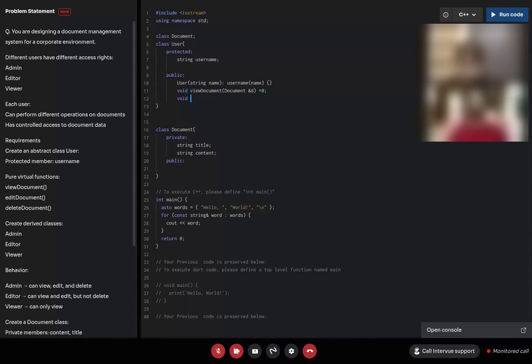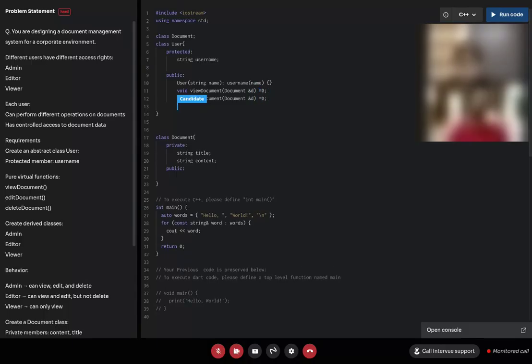Void edit document, again Document and 0 again. For edit I also need the content, right? String, the editing content. Edit content.